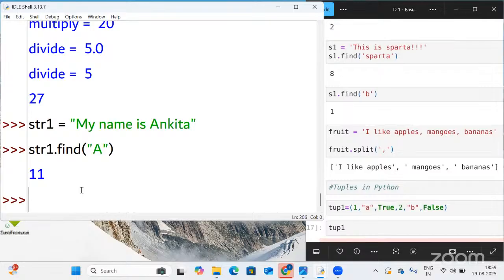Can you see here? Yes, miss. Okay, fine. So if you try this, you will get the answers.